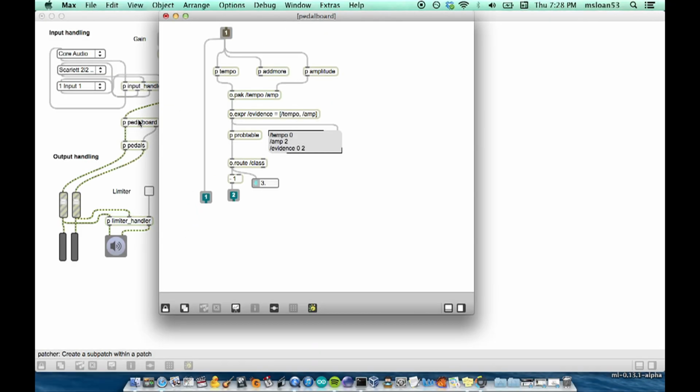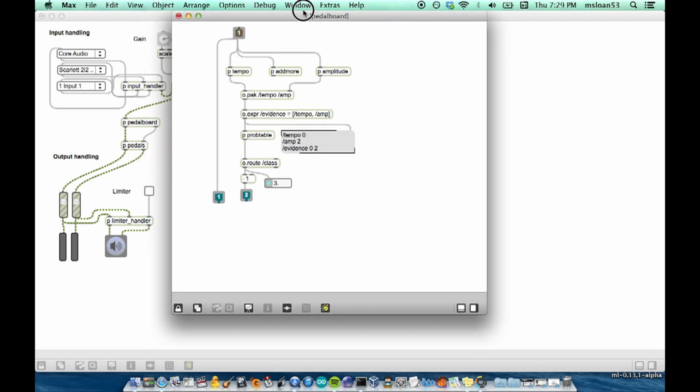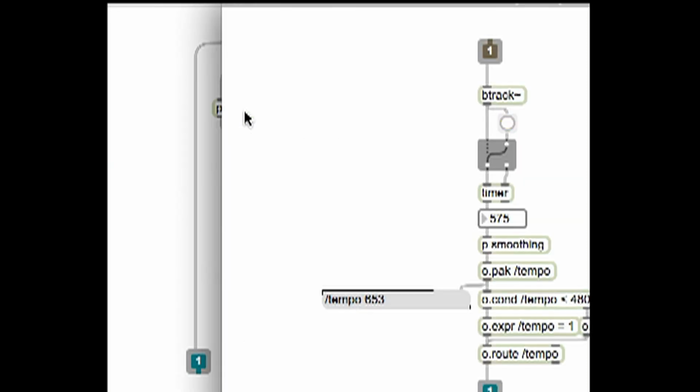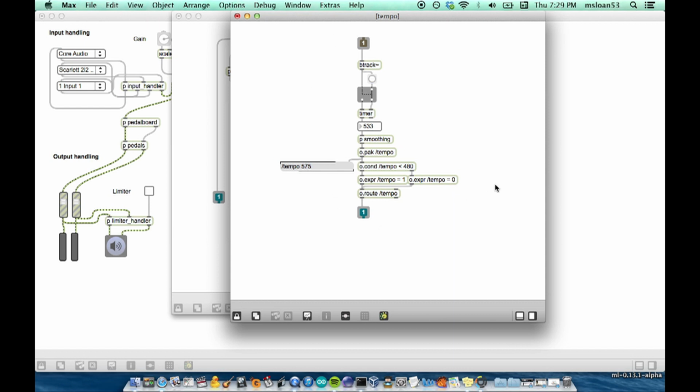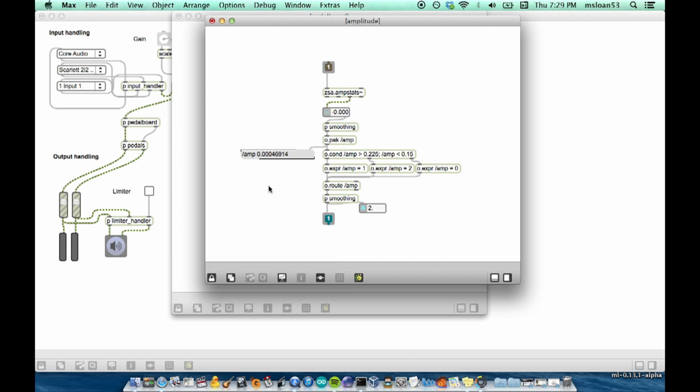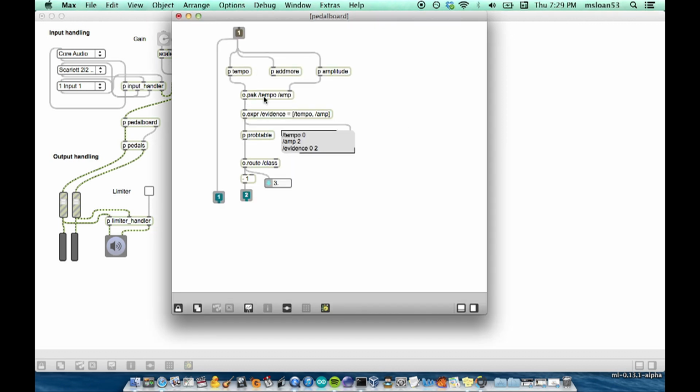So here's a closer look at the inside of the machine learning aspect. Up here we have the different features, which are just random variables that can take on different values based on the features that it detects as you're playing. So in this case I have tempo, which will track how fast you're playing guitar, and as well your amplitude, of how loud you're playing. And it will assign a value to the random variable and then send that out as tempo and amplitude, which is then sent as a list into the probability table where the actual